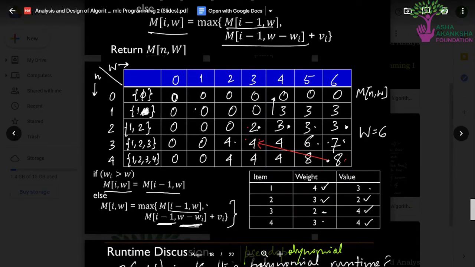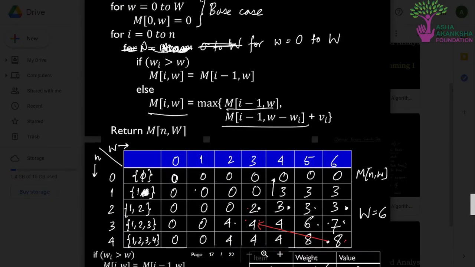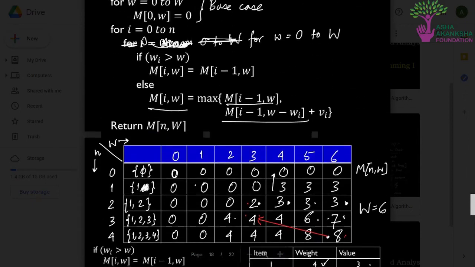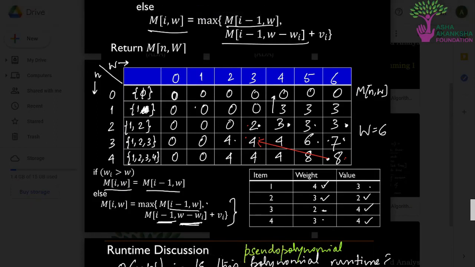Now this is a matrix that has already been filled. You can pause the video, have a look at it, check all the values and keep track of them, and you can see that this table has been filled in the correct way, and you will understand this problem pretty well.